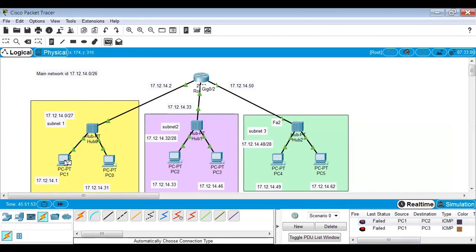So again it fails. Okay, now it becomes successful. Initially it will fail because the route has to be identified, so the router has to set up the table.